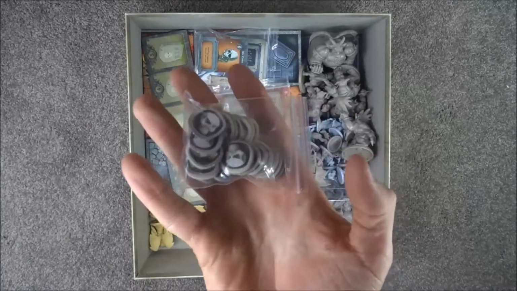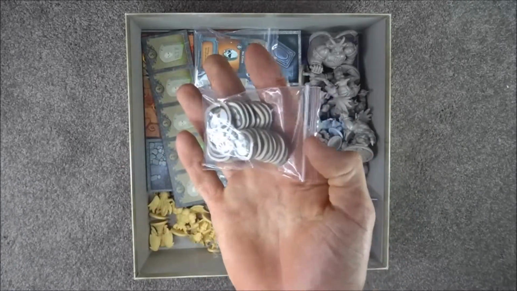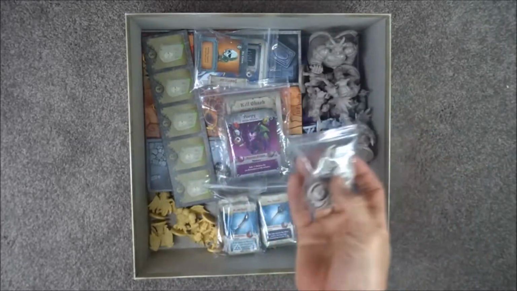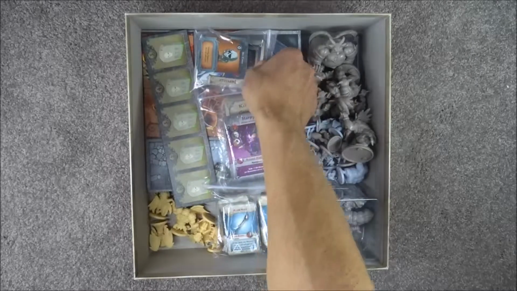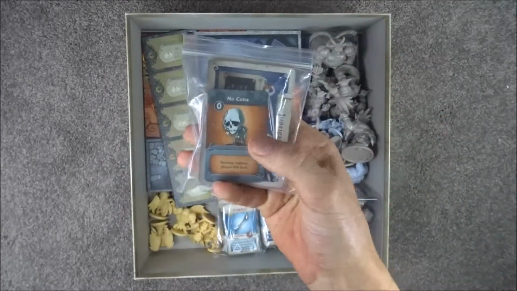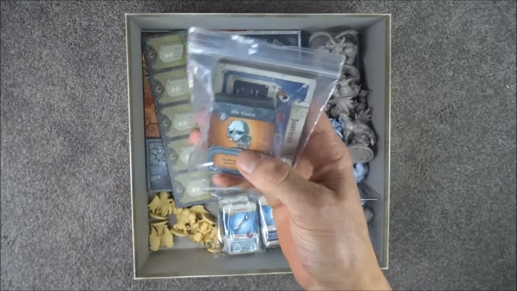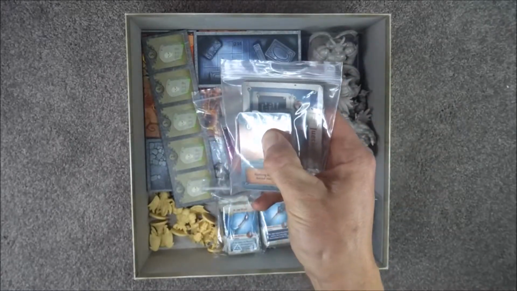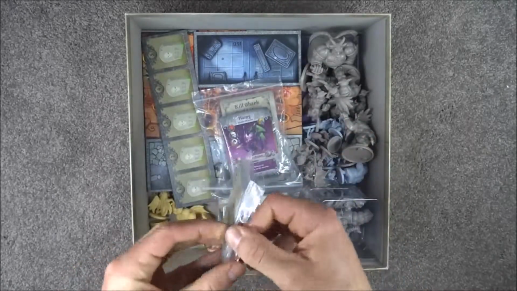These are the Death Curse tokens, so as your heroes die, you collect these. And then for every one of these that you've got, at the end of the game, you draw your Death Curse cards. Some of them have no effect, but others have negative effects that can carry through into the following game. Now, also within this bag,